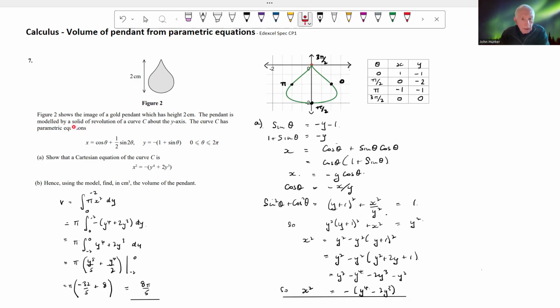Okay, the pendant is modeled by a solid of revolution of curve C. This curve C has parametric equations x equals that, y equals that, for theta from 0 to 2 pi. And first of all, show that a Cartesian equation of the curve is that. Right, so